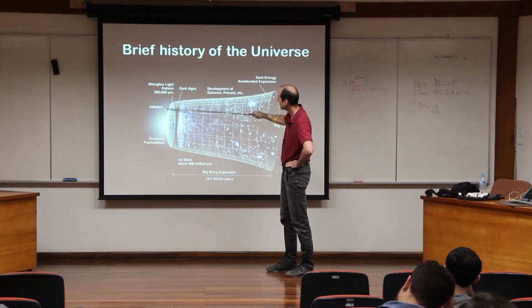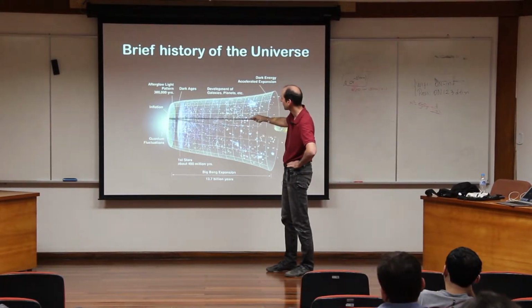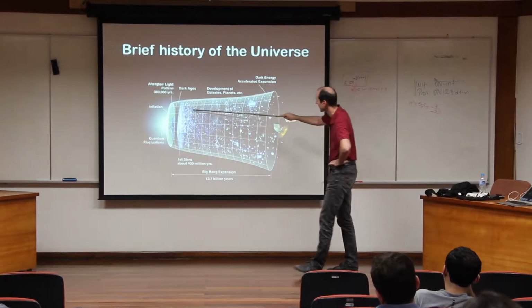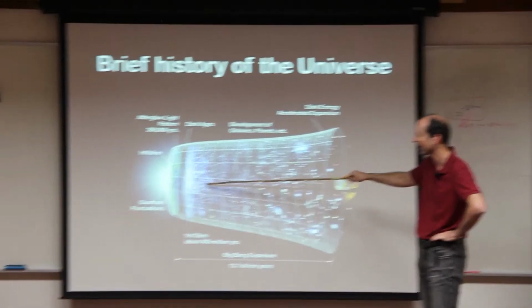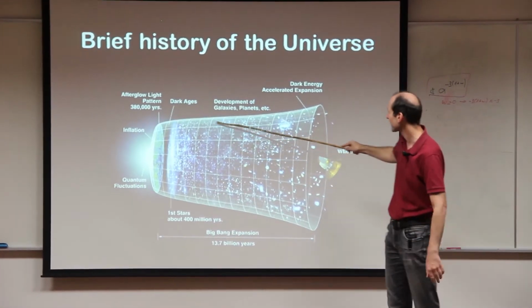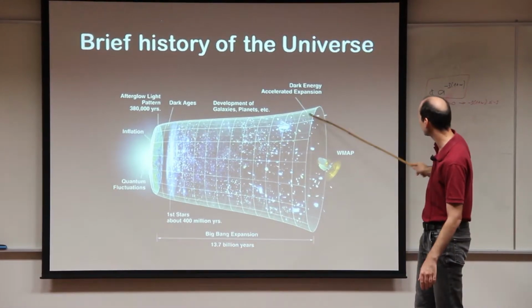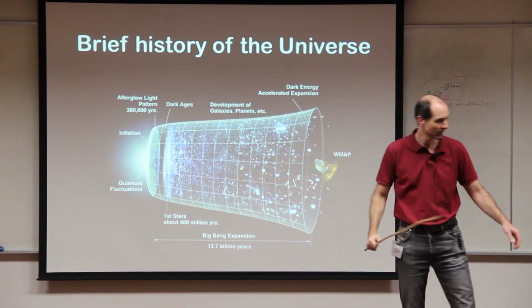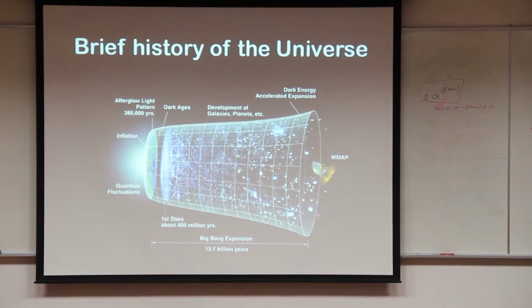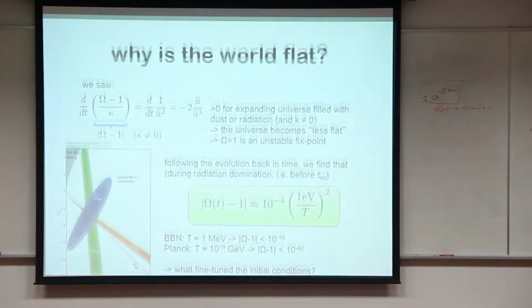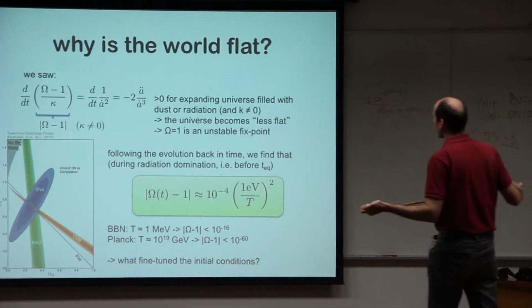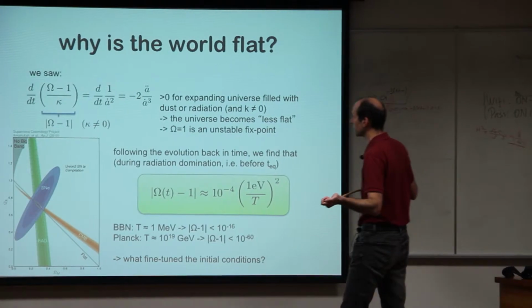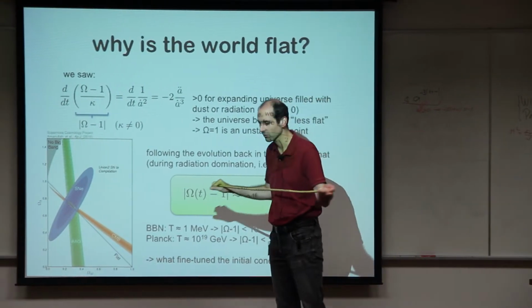Today we will be strongly concerned with what happens here, and then with the creation and evolution of the not so smooth stuff inside. This is a schematic picture, and a little bit about this object. At some point, people started to wonder, why is our universe so close to flat?